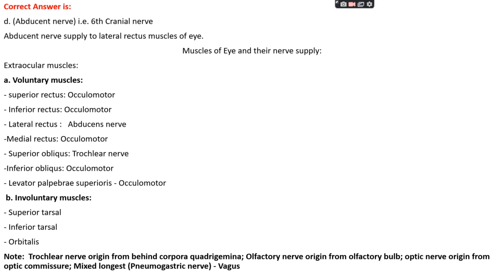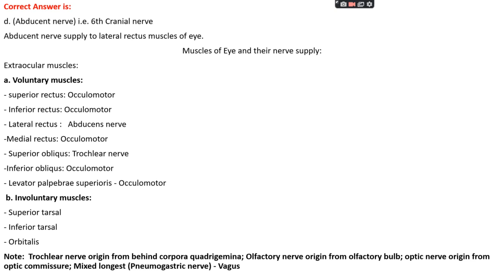Under voluntary muscles, we find three types of muscles: the levator palpebrae superioris muscle, four rectus muscles, and two obliquus muscles. The two obliquus muscles are superior and inferior, and the rectus muscles are superior, inferior, lateral and medial. Okay, and if we see that